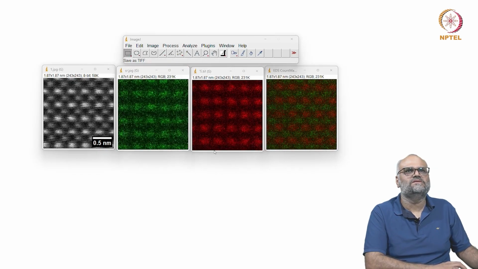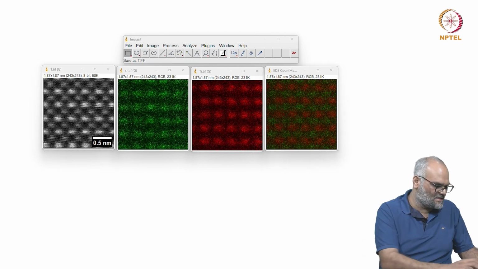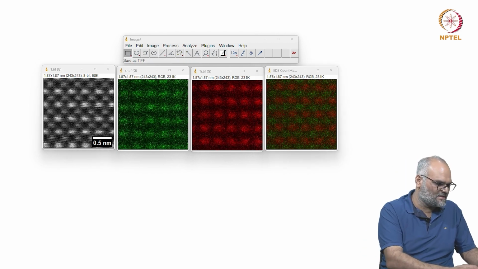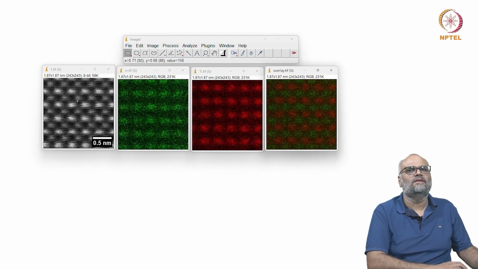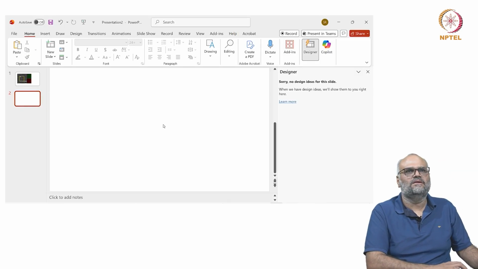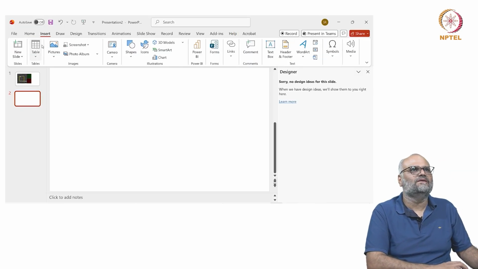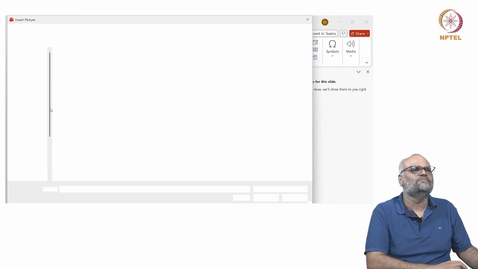So here is strontium. Here is the image 1, and here is overlay. So if I insert the pictures here now,